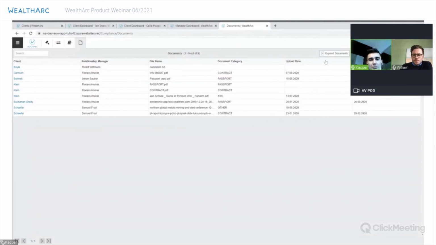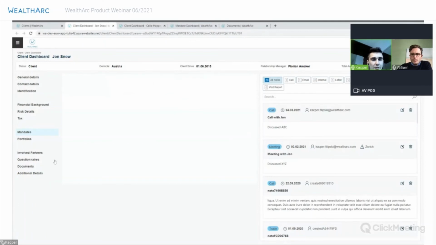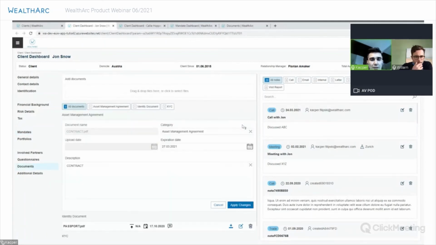So it's really easy to get it from here. So yes, the expiry date is already in the system. I can also show you it here. So you can easily define the expiration date in our system, and then monitor it from that screen.